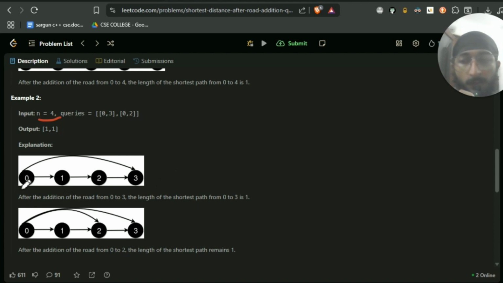So n is equal to 4, so we have this as the graph that is formed, and queries is equal to 0 to 3. So from 0 to 3 we have the queries, and then we have 0 to 2. So we need to find the shortest path, right? The length of the shortest path in this case would be 1, and even if we add another edge,